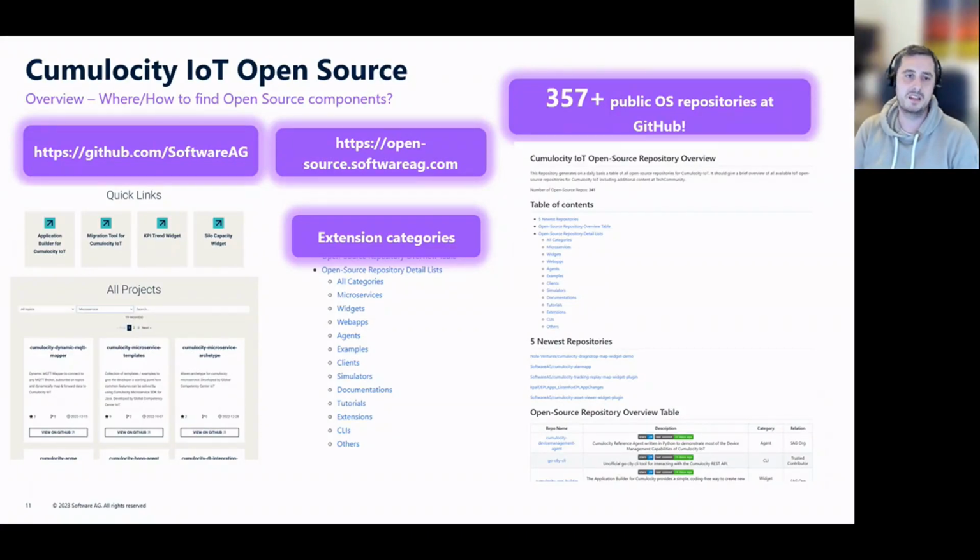These components are mainly available in the Software AG org. So most of the components you can find here are also coming from the Software AG org. And here we also have a landing page, which is accessible under opensource.softwareag.com, which is actually just crawling the Software AG GitHub organization and giving you a nice overview of